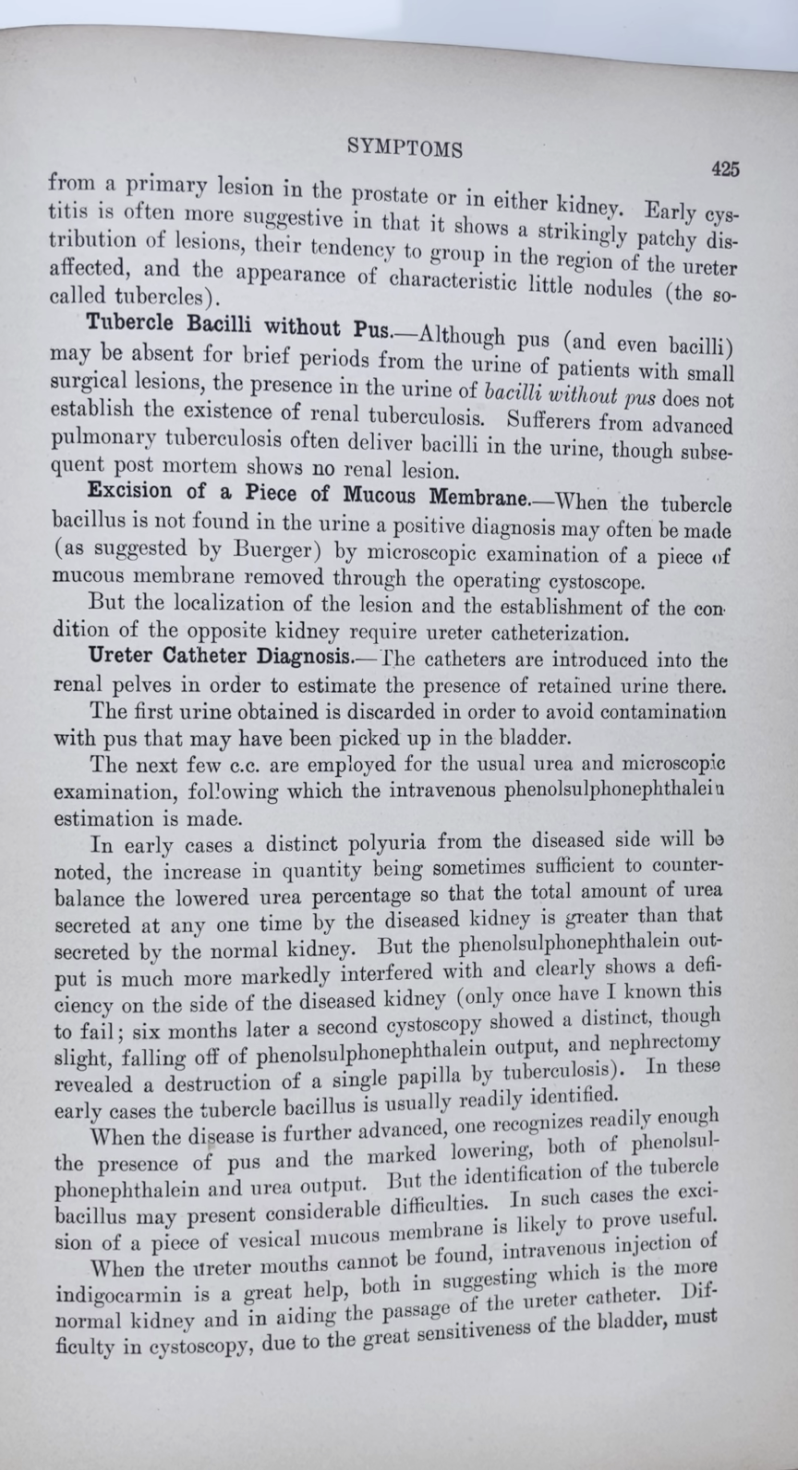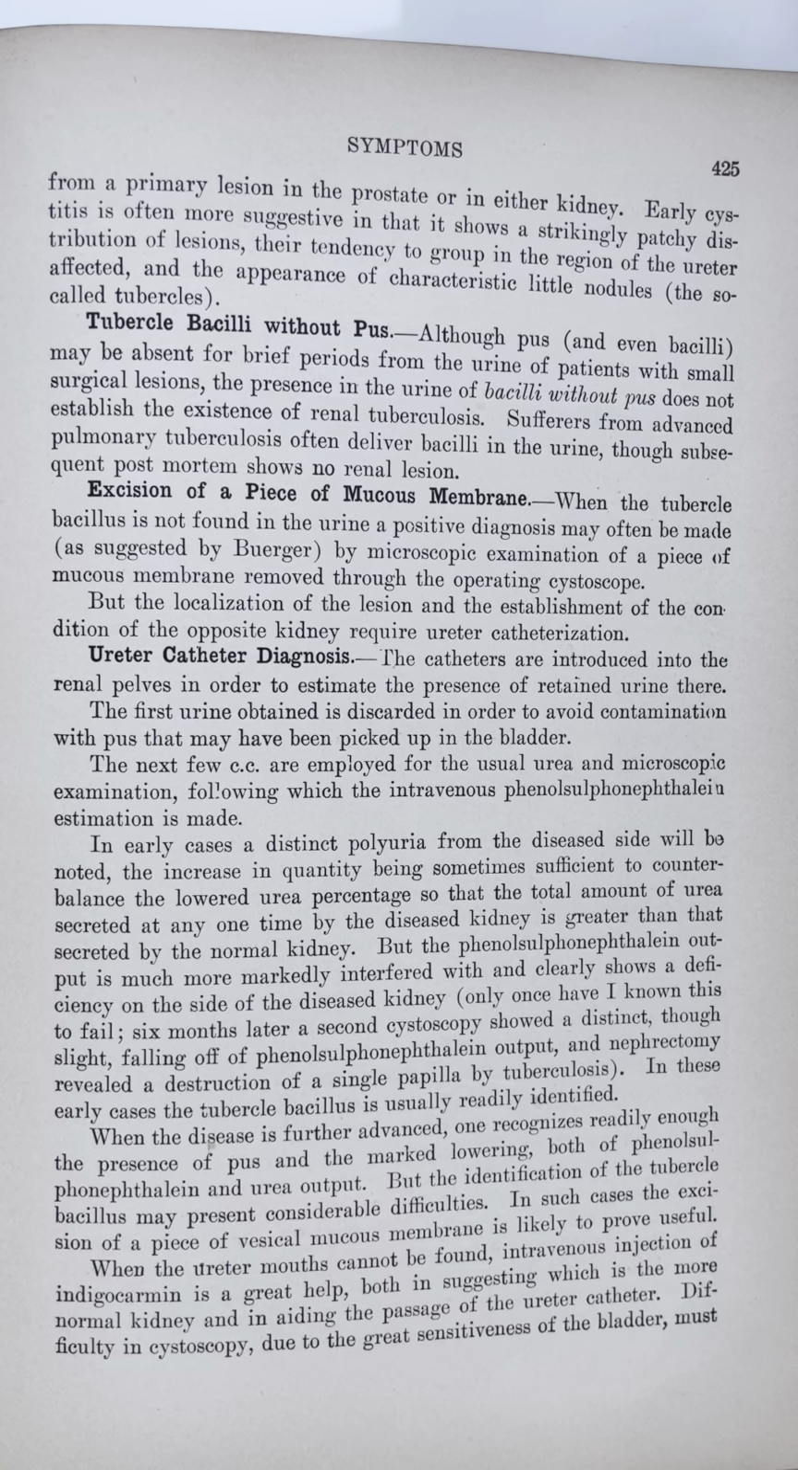Ureter catheter diagnosis. The catheters are introduced into the renal pelvis in order to estimate the presence of retained urine there. The first urine obtained is discarded in order to avoid contamination with pus that may have been picked up in the bladder. The next few cc's are employed for the usual urea and microscopic examination, following which the intravenous